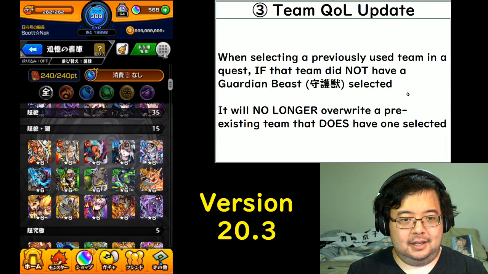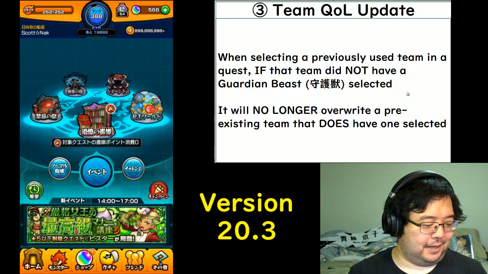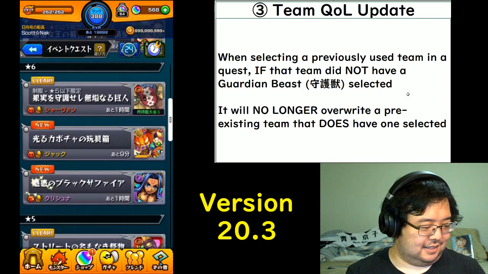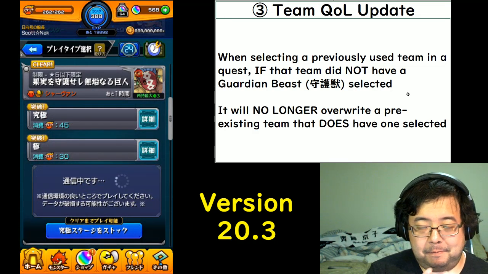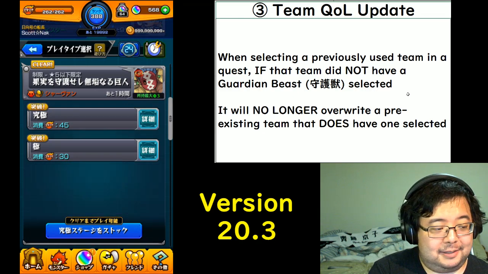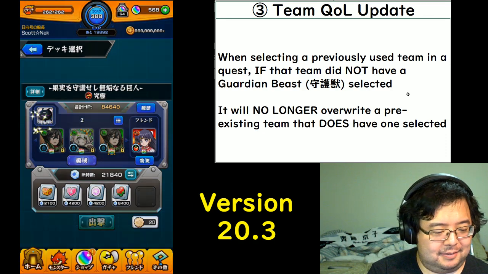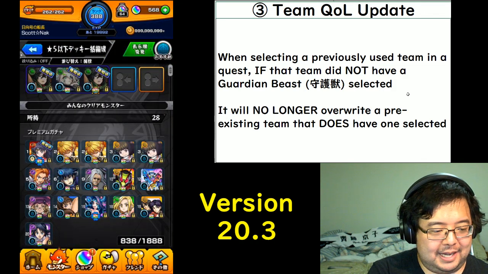Let's see, next. Team quality of life update. So this is a pretty nice update. I quite enjoy it myself. Let's see. It's going to be a little bit of trouble to find a quest, I'm sure. So let's try to do this. So this game, of course, saves team configurations that you've cleared in the past, and one annoying thing about this is, for example, you can see here I have my Guardian Beast set with replica, right? Yeah. But if you try to use a past party,